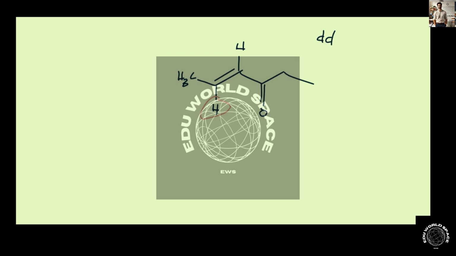And so if you look at potential long-range splitting for this particular proton, we'll see that, well, we should expect to be split here. And likewise, we should expect to be split here. So we're going to get split twice, right? We've got two sets of neighboring